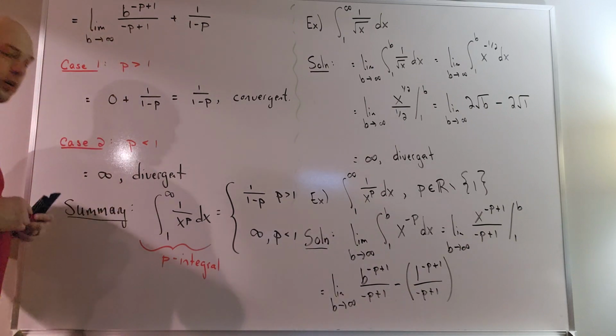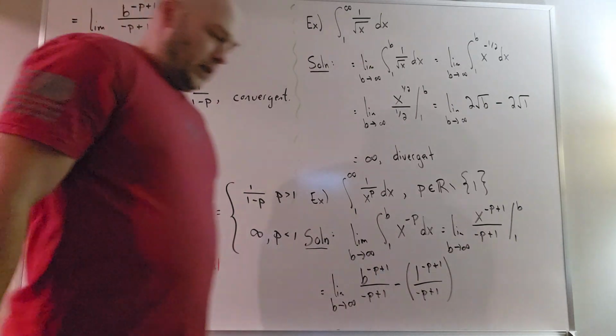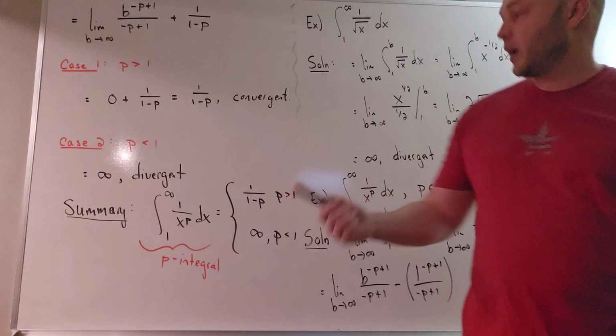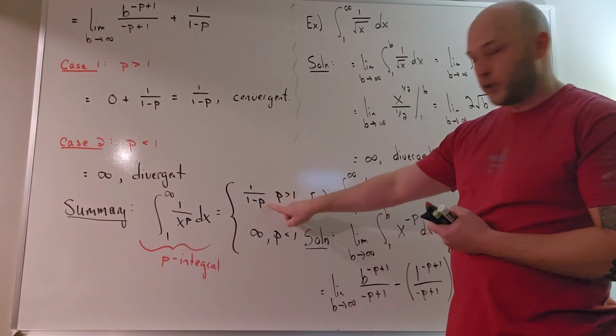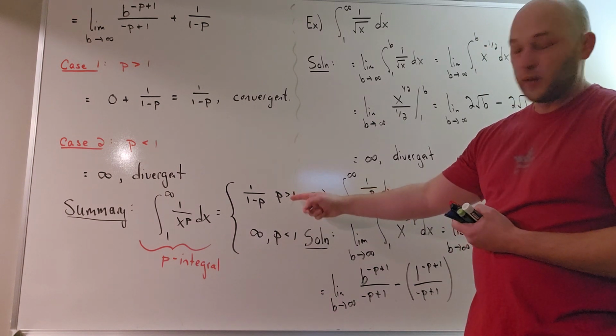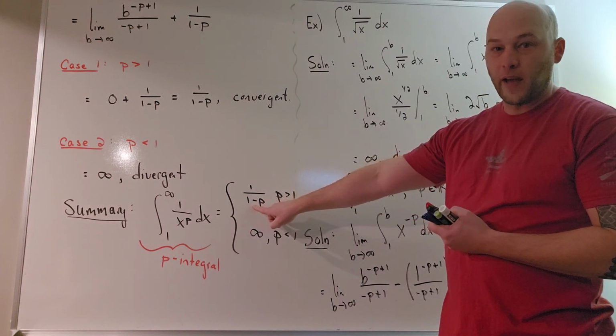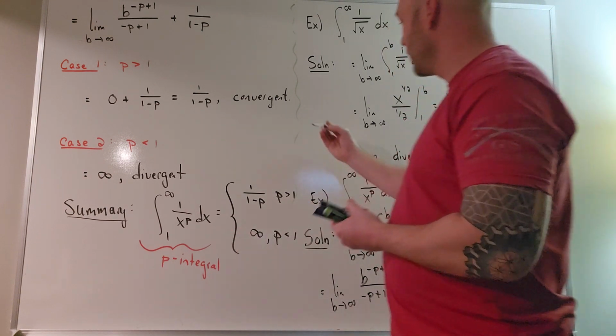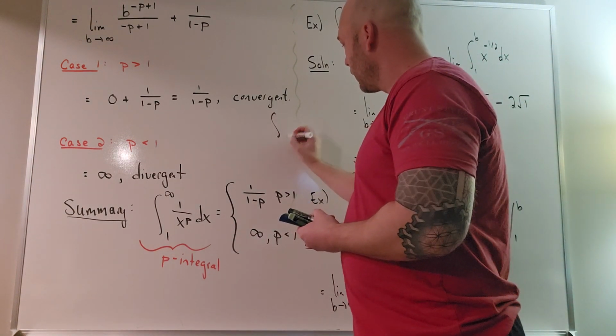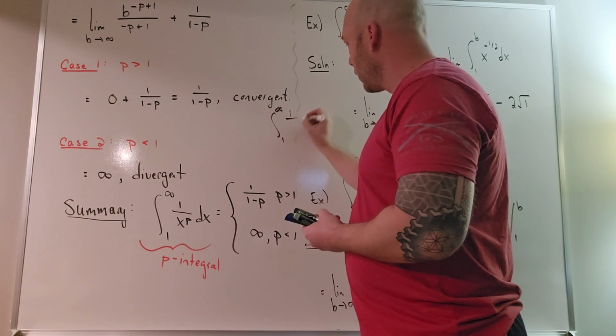Okay, this will come up frequently throughout your course, so again, we give them a specific name. So a p integral is convergent if p is bigger than 1. Not only that, but we know that we have a formula for the value, 1 over 1 minus p. In other words, if I wanted to do a quick example of what's the integral from 1 to infinity of 1 over x to the 5th,